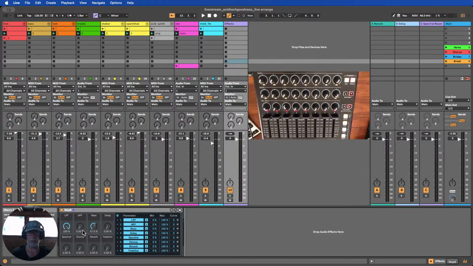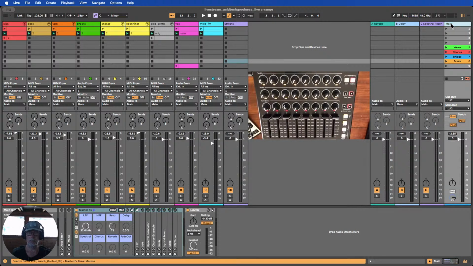So what I've done with the Map 8 that I've got here on this audio track that says effects, all it's doing is hosting this Map 8. And on the Map 8, I've mapped all of these 8 mapping points, the 8 macros, to everything that's on my Master Effects device. So I've now got,